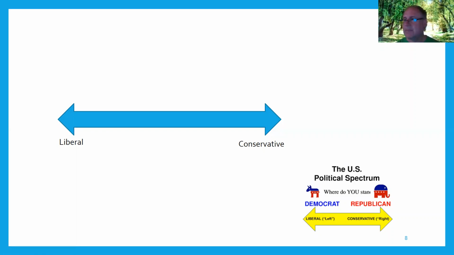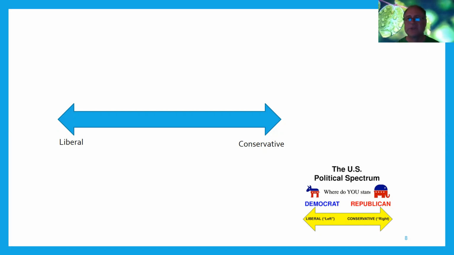Demographics tend to shape how people vote and how they look at social issues, how liberal or conservative they tend to be. And so let's look at a few of these. Age. When it comes to age, what we generally find is that younger people tend to be more liberal, while older people tend to be more conservative. When it comes to race, people of color tend to vote more liberal, while Caucasians tend to vote more conservatively. When it comes to sex, women tend to be more liberal, while men tend to be more conservative.